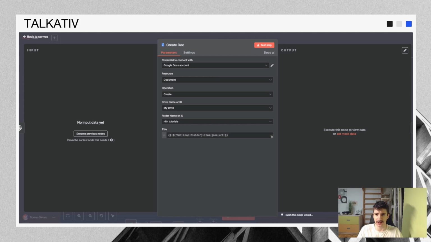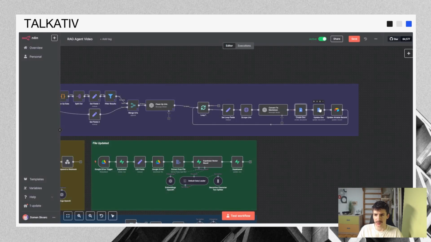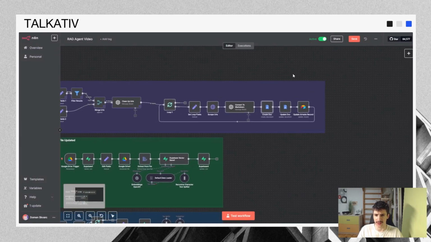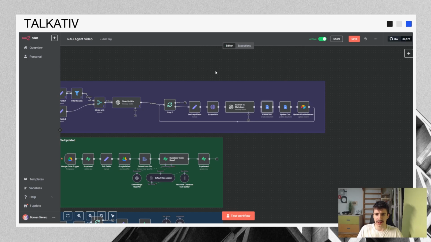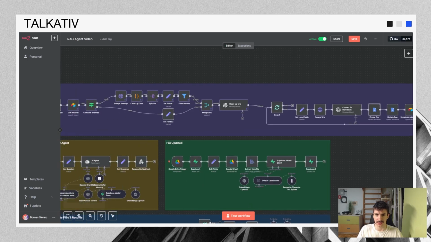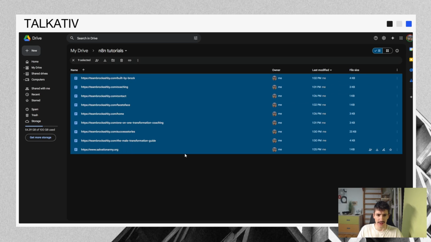So as you can see in my Google Drive here, they are named by the URLs of the pages we scraped. And then we updated this doc with the data from this OpenAI node, and then we update the Airtable records from to do to done. So that's basically it. Once we're done scraping, we should get the documents inside of our Google Drive